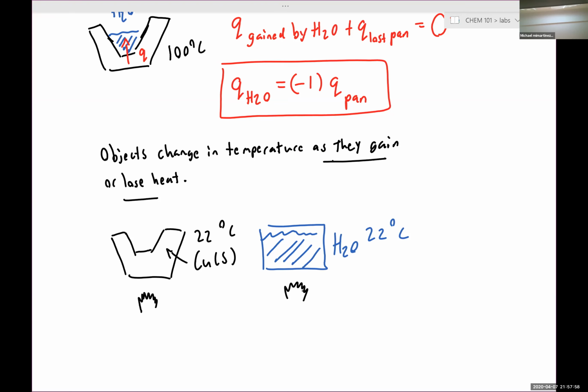If I try to heat them, which one warms up more readily? So if you try to heat a sample of metal versus a sample of water, the metal increases in temperature more readily